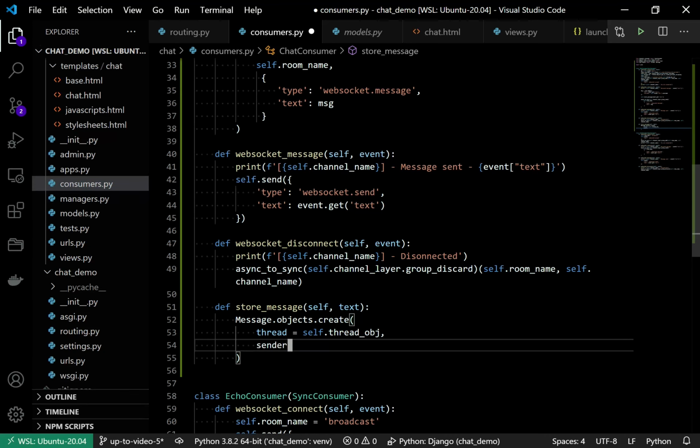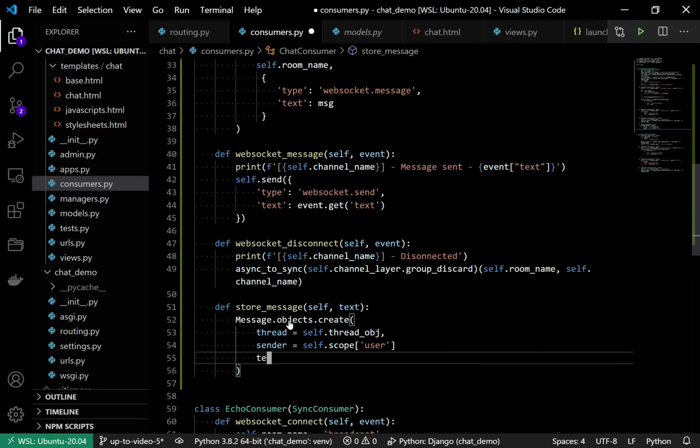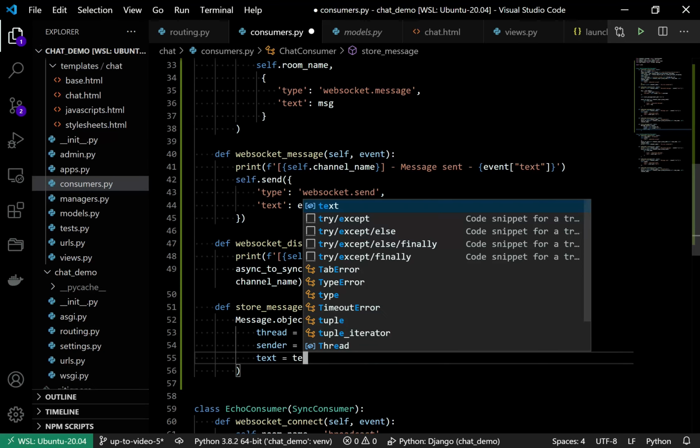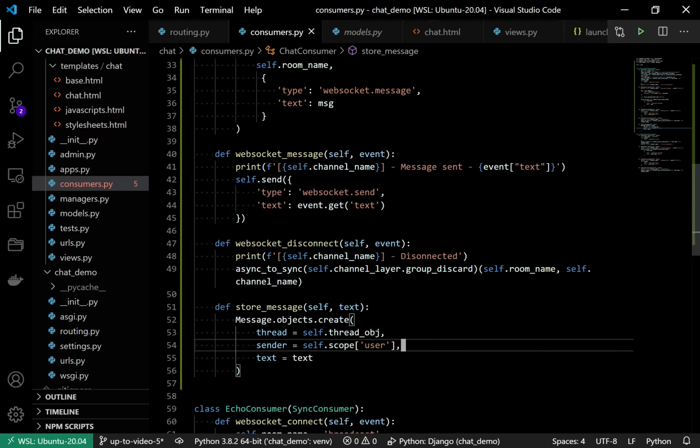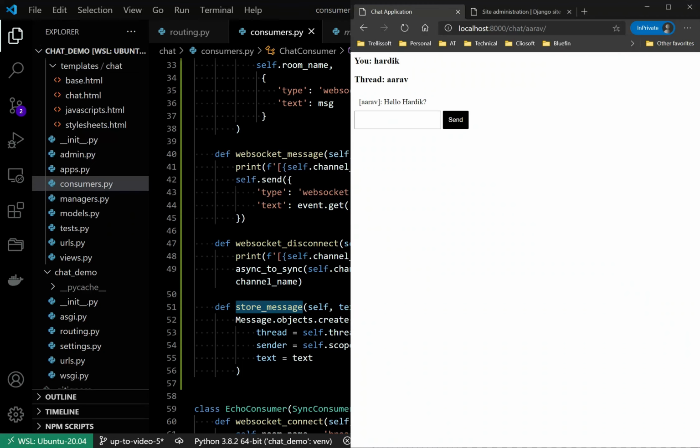Second is sender, and that is going to be self.scope user. And third is text is equal to text, right? So we have all the things available, so we are sending them to this create method, and it will create that message. All right, so this is pretty much it for storing the message, and let's validate that.